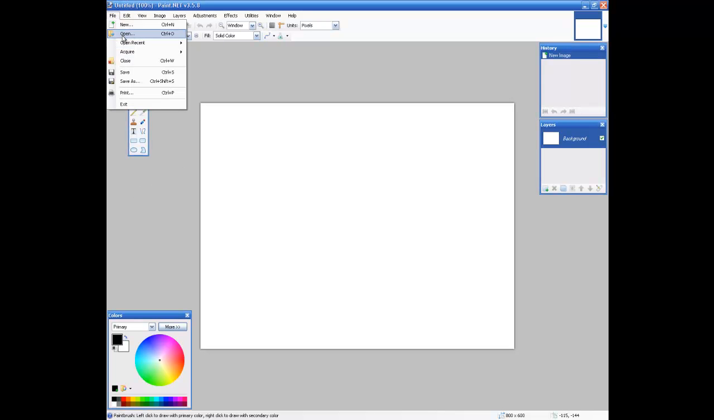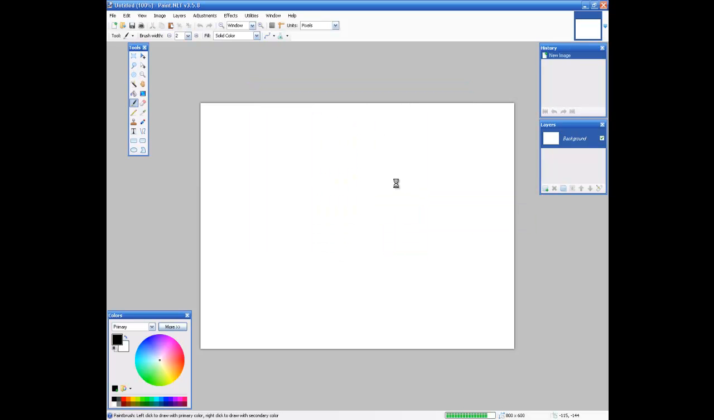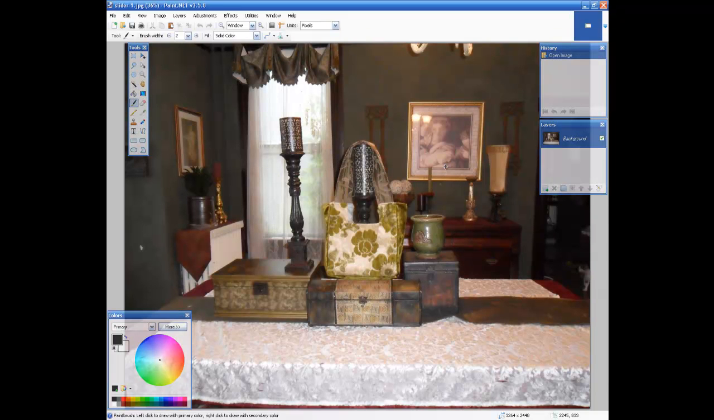So what I'm going to do is go ahead and open my image, which is way too big for the needs that I have. So I open it and I see that it's humongous. Now the size I need for this image is 960 by 380. So I'm going to resize it, and how I do that is up here